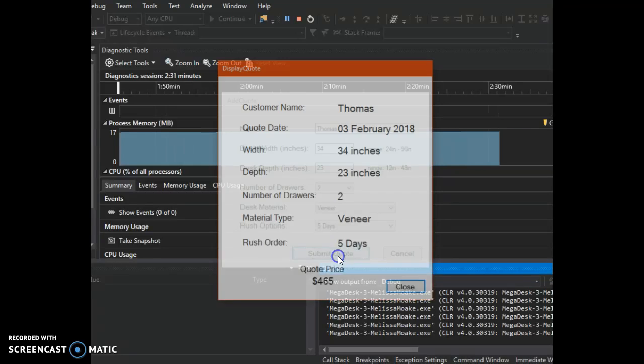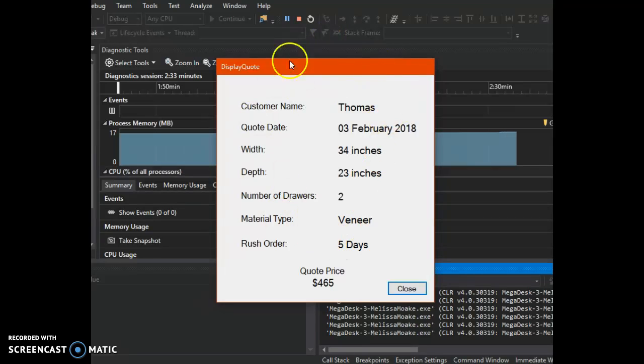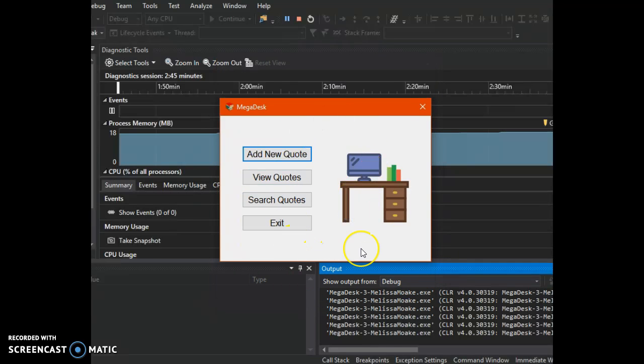And then I can click submit quote, and it now has this nice display quote here that shows me the customer's name, the date that it happened, the width and depth, and the number of drawers and things, as well as the big quote price here at the bottom. So I can hit close, and it takes me back out to the main menu,